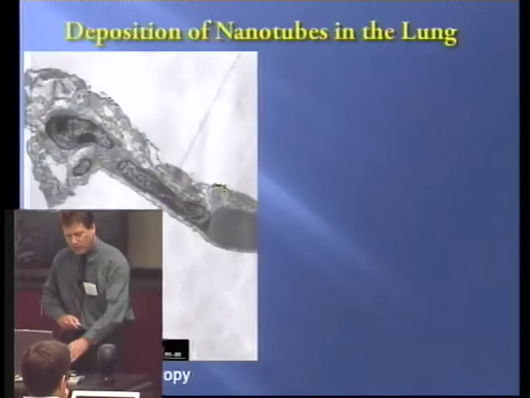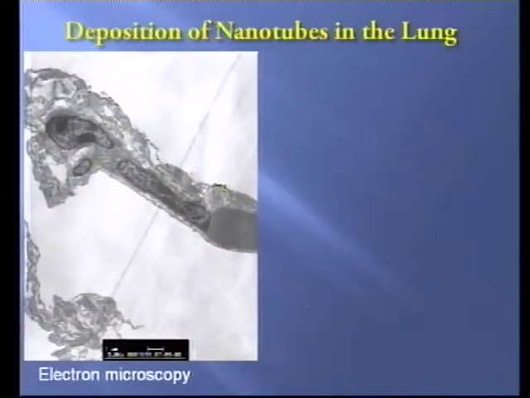And we have then looked at where these go. So we've looked at the deposition patterns in the lungs of these mice after inhalation. This is another electron micrograph showing the deep lung, the respiratory areas of the lung. This is an epithelial cell deep in the lung. This is an air space. This is an air space. This is a nucleus of the epithelial cell, I believe. And this could be the nucleus of another epithelial cell, or it could be an endothelial cell next to a capillary. But if you look closely, what you will find